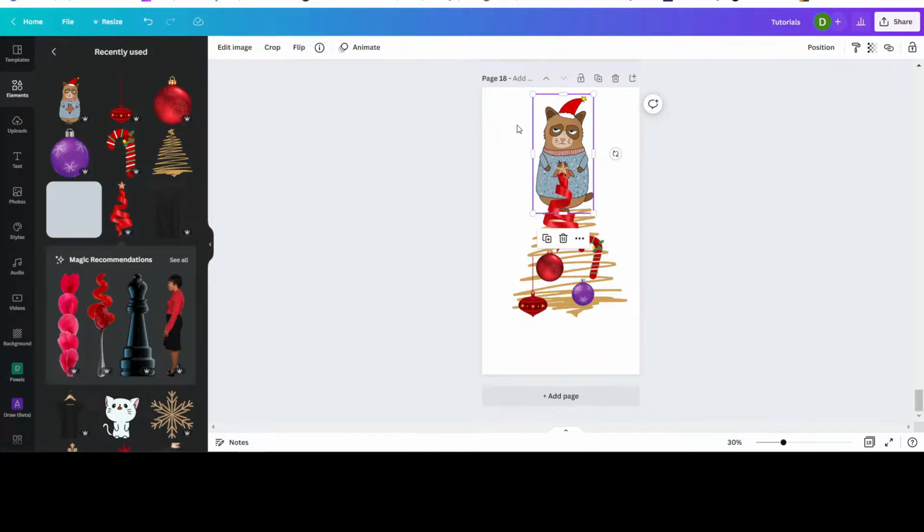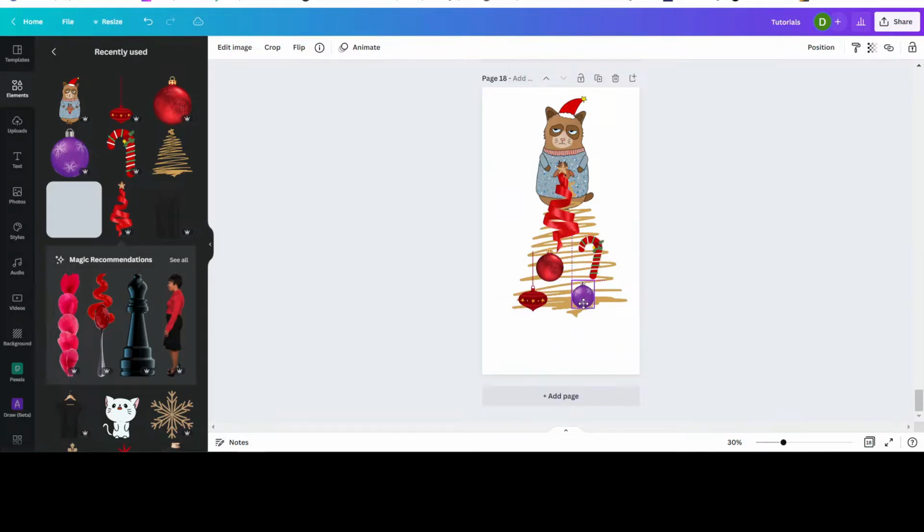Now what I'm going to do, now if this does not go behind, all you have to do is click that, go to position and put it backward. Okay. So now it's really backward. So now that you can't, there is a sign there. So that says that it's already as back as it can go. So now what you can do is,